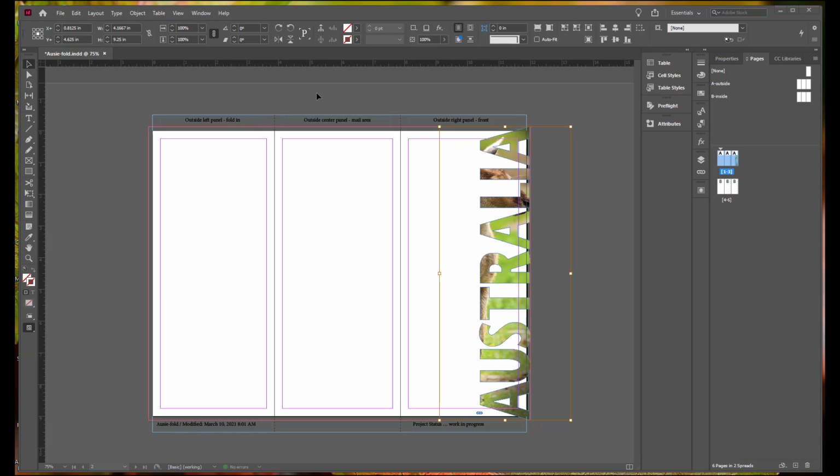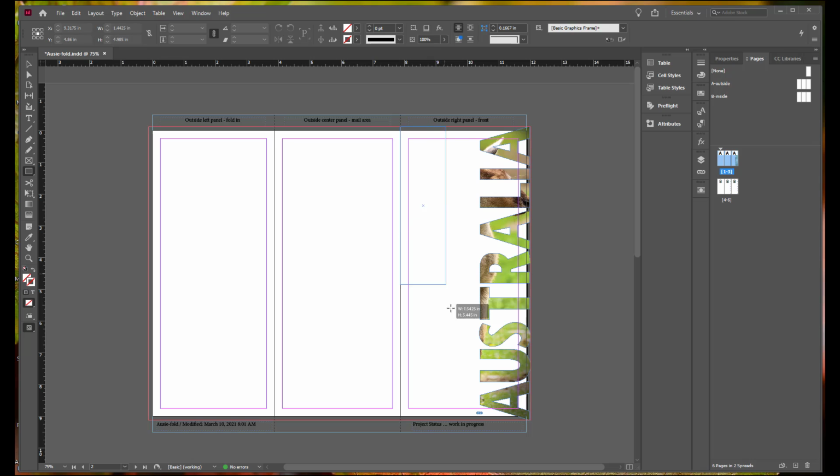Good place to save. Next, pick up your rectangle tool, and we're going to create a frame filling the left half of that page, extending to the top and bottom bleed guides, and leaving about 1/8 of an inch between the letter shapes and the new frame. So we're going to click up here and drag, and not quite to the top of the letters. Then fill that with black